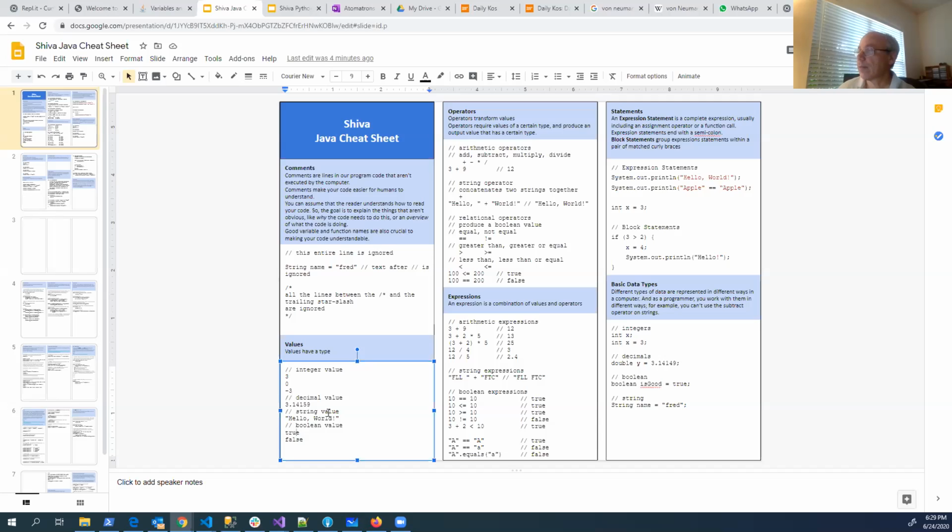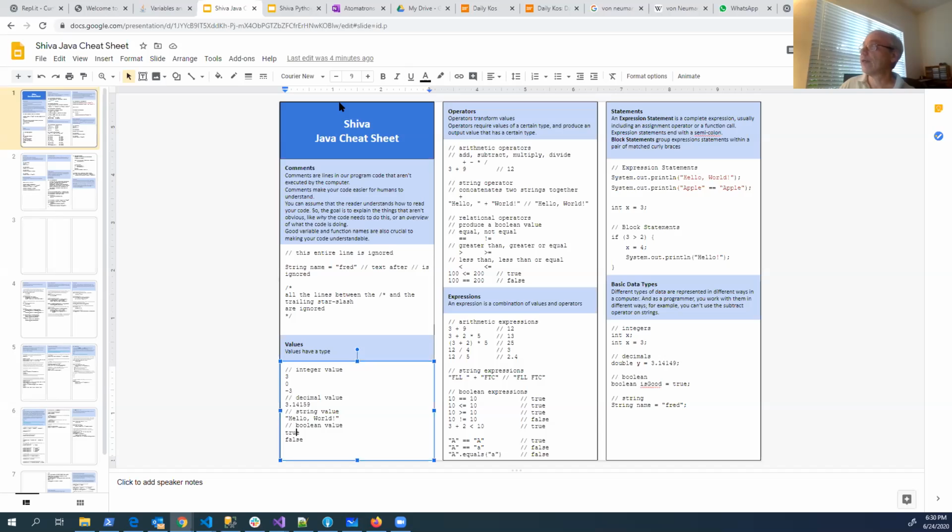But we need to be able to operate on them, right? We need to be able to multiply our numbers together, add things together, and deal with strings in different ways. One way of transforming them is to use operators, things like plus and minus signs.